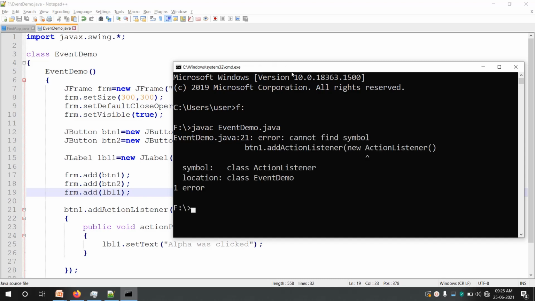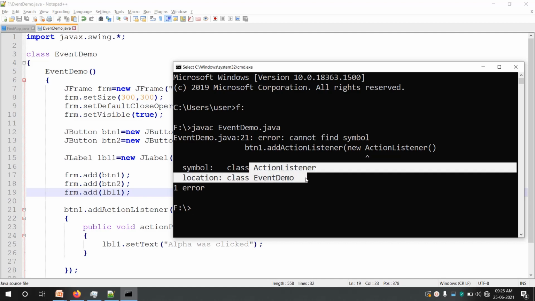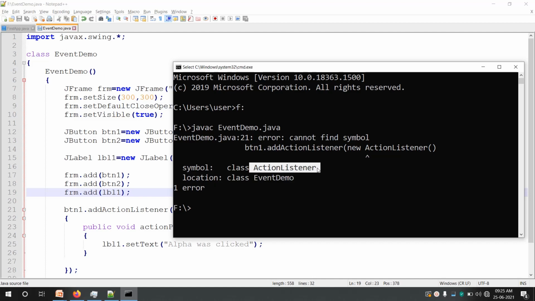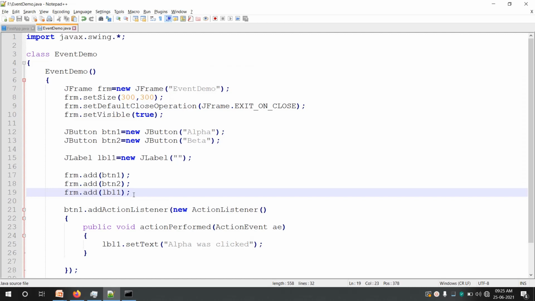Okay, there is some error. It is saying cannot find symbol, and it is showing an arrow mark at this position, ActionListener. So which symbol? It is not able to find the symbol ActionListener. ActionListener is an interface which is used for handling events.